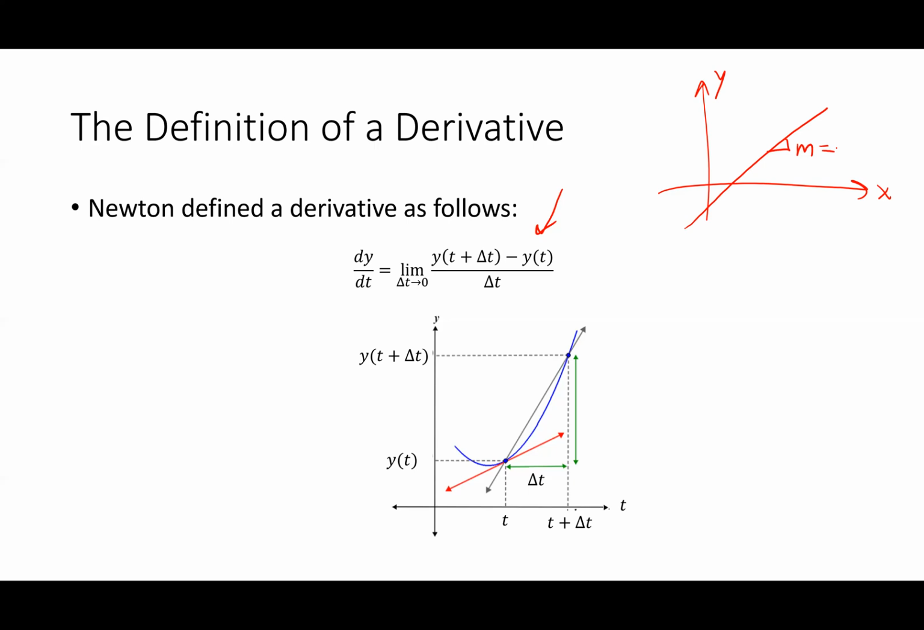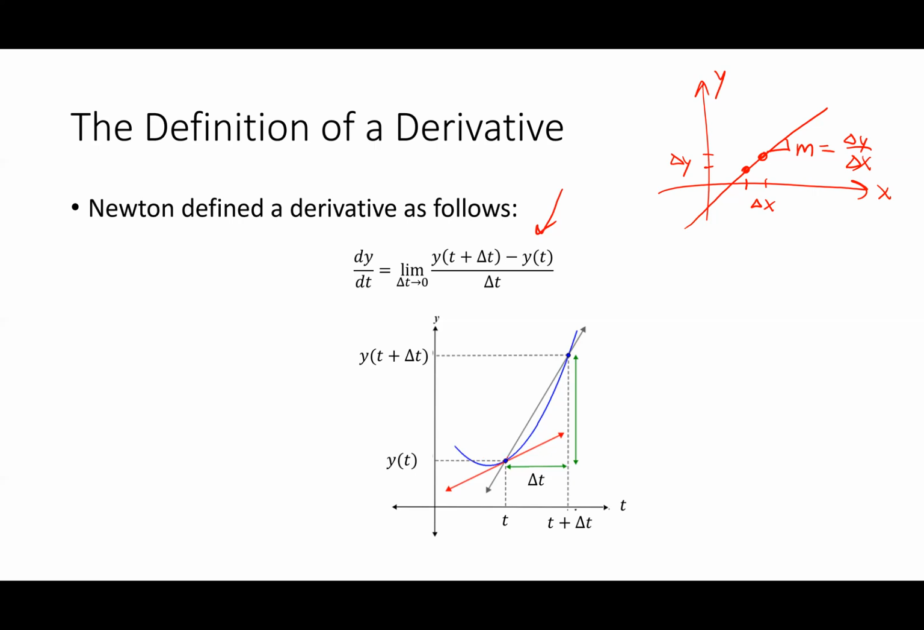Rise over run, right? So you did delta y over delta x, where you basically said over this point right here, this was delta x, that distance, and this distance is delta y. Now, if I have a function that's not straight, like this blue guy here that's curved,